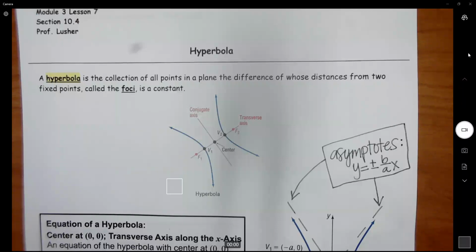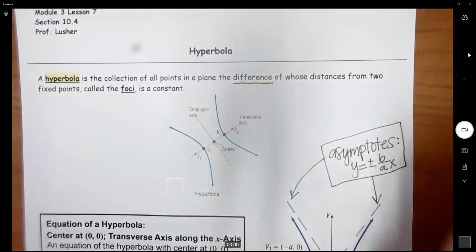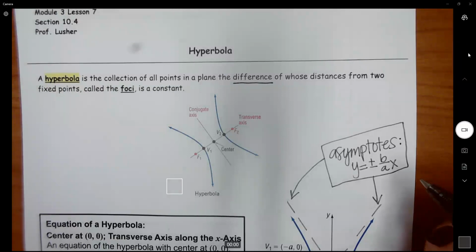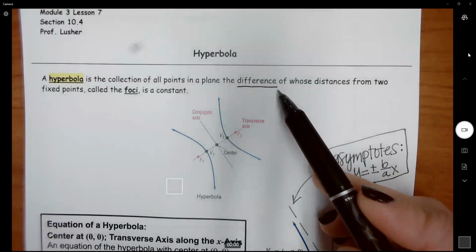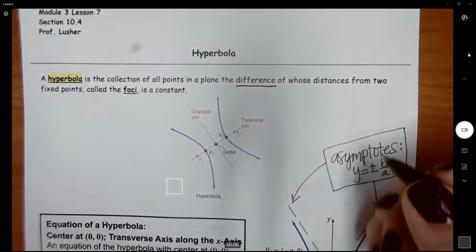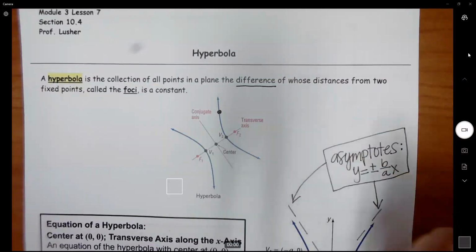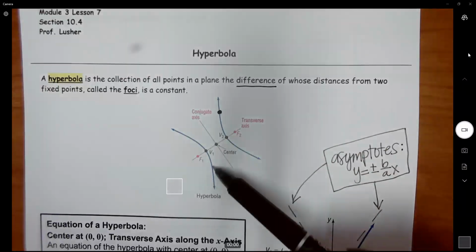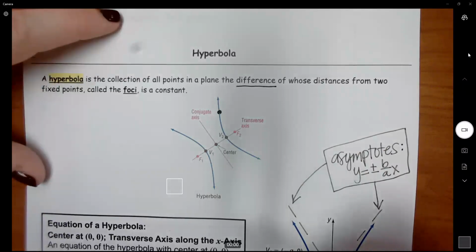Before, when we had an ellipse, it was very similar to this, but instead of a difference, in an ellipse it's the sum. So now that I have a hyperbola, the difference of the two distances from the fixed points, the foci, is constant. If we pick some point on this hyperbola, and the hyperbola is these two blue shapes that look like parabolas facing away from each other,